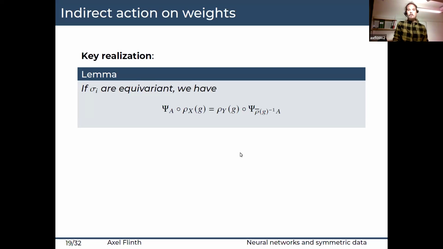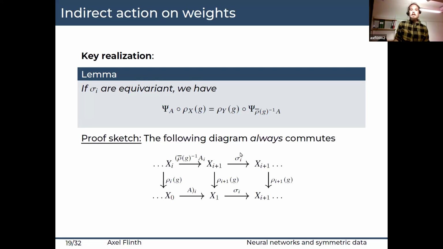How does one go about proving this? Well, you need to write a lot, but it's not that hard. So the realization is that when we write down the definition of what it means to transform our AIs, we realize that the diagram here will commute. And if we look at what that means, taking the route on the top and then down means exactly doing what's on the right side, and then first going down and then to the right corresponds to the left side. So we have an equality between those two maps.